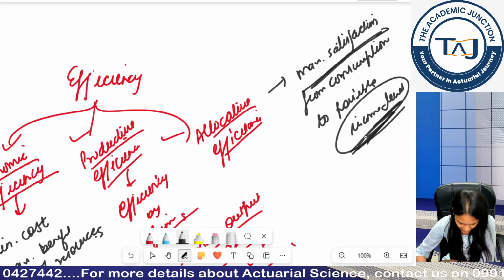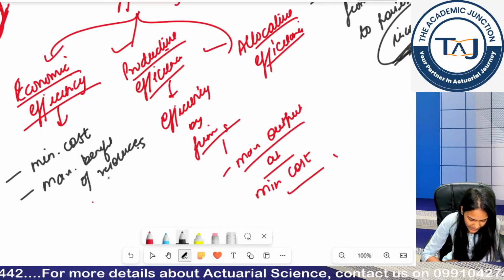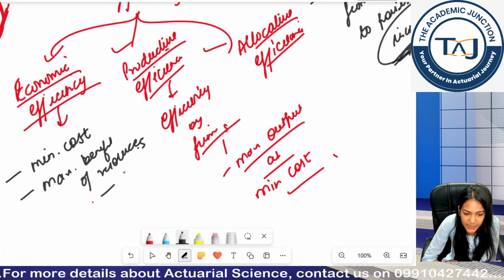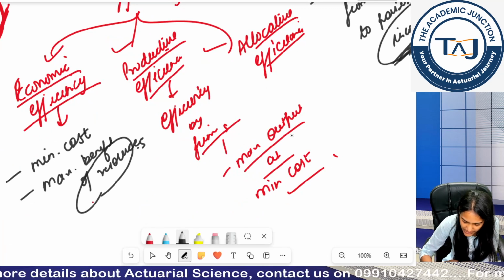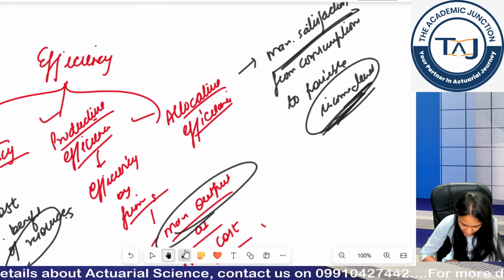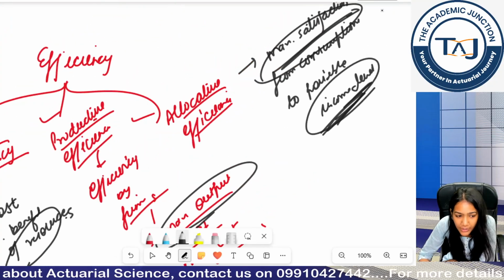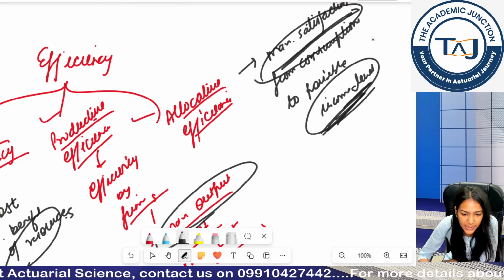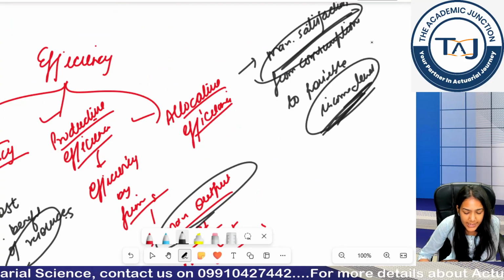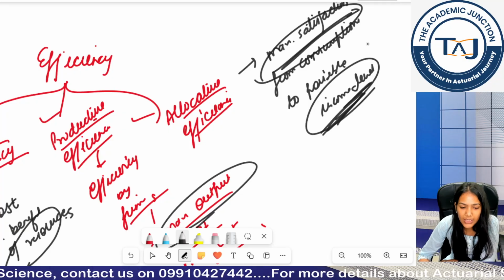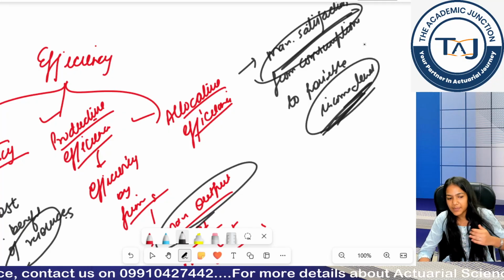Okay. So, if I talk about differentiation, it is minimum cost at maximum benefits of resources. This is maximum output, and this talks about basically maximum satisfaction through the allocation of goods and services. Is it clear what is the efficiency? So, you can use these types of efficiency when you are explaining a topic.